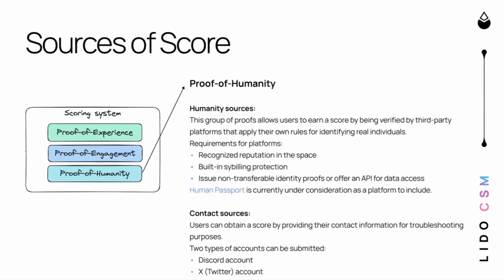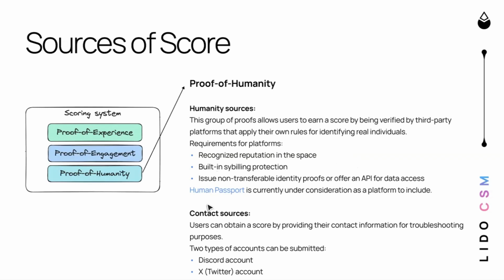And the last one is the proof of humanity, and probably this is the most scary one, I guess. So here the intent is not to reinvent the wheel, but rather collaborate with a third-party provider that has their own framework to prove humanity. This platform or third-party provider should be somewhat recognized in the Ethereum community, should have obviously a built-in sybil protection, and should issue the proofs that are assigned